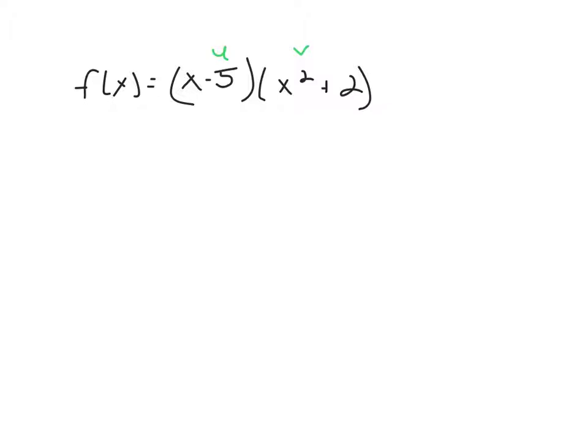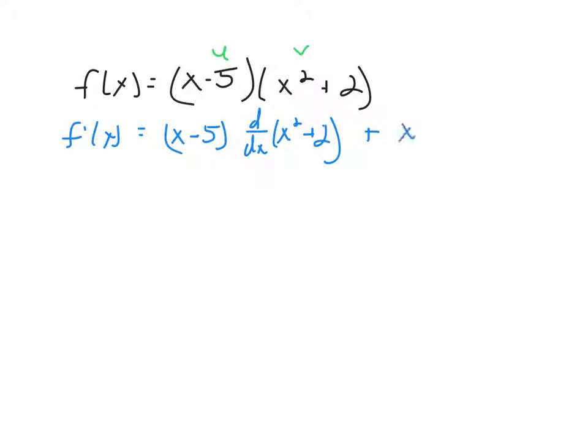So I'm going to write it out a little bit more detailed this time so you can follow what I'm doing, hopefully. So we've got f prime is equal to my u function. So I'm going to go ahead and write that one as is. x minus 5 times the derivative of x squared plus 2. I'm not going to take the derivative yet. I'm just noting I need to take the derivative. Plus